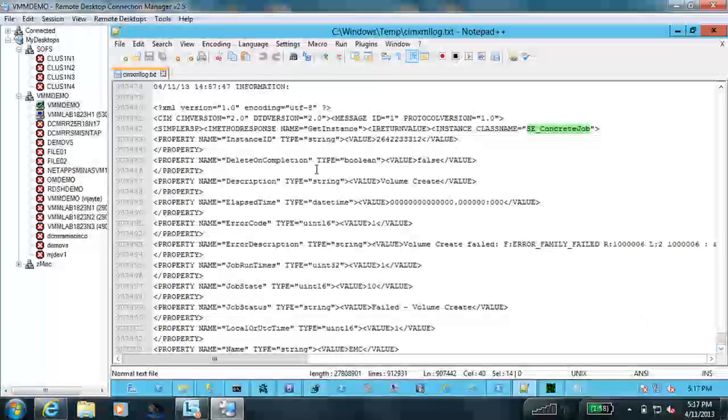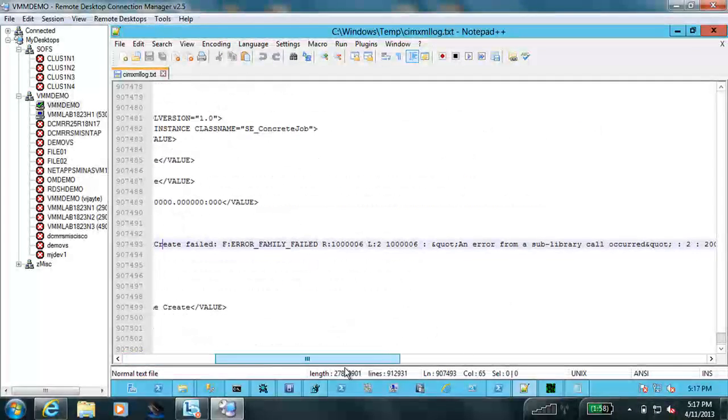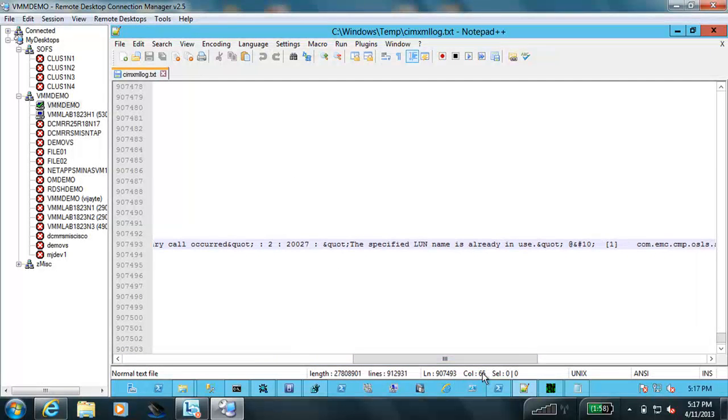Now if you look at this, this is the response I get back from the job, and this is the response that the storage service gets back from the job, which gets returned to VMM. Now if you look at this, there's an error description already mentioned here. And if I go find what the error could be, it actually says that the specified LUN name is already in use. So the reason why this happened was I was trying to create a new logical unit, which already